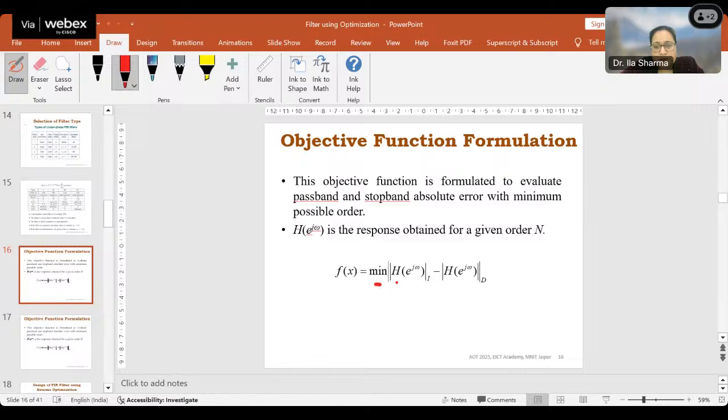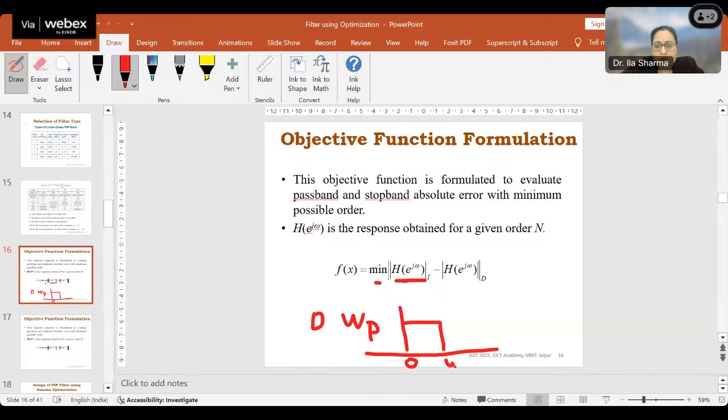If you have this magnitude response that is spread from 0 to omega p, this filter response from 0 to omega p, let's assume it is a constant value of 1.